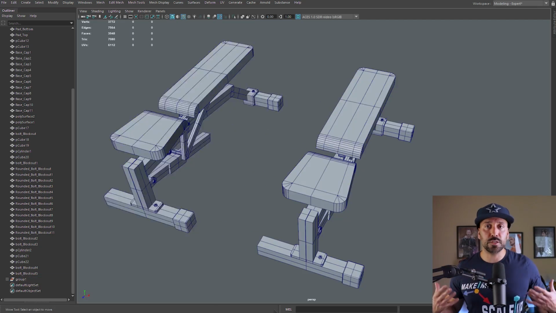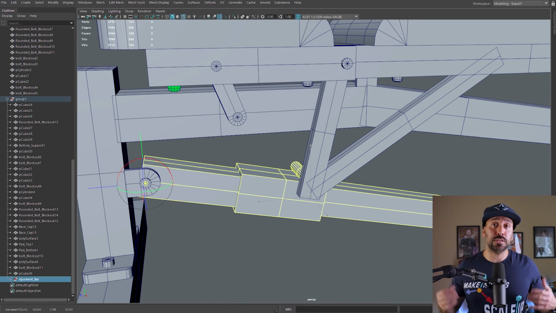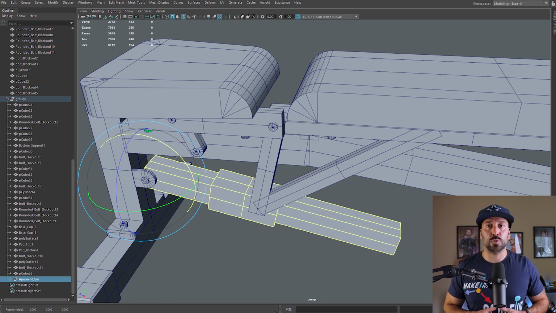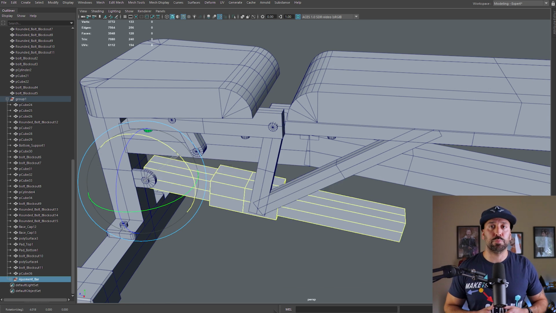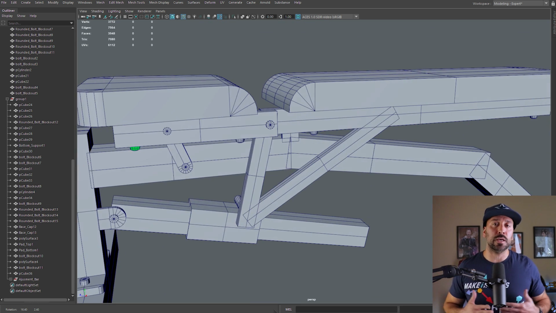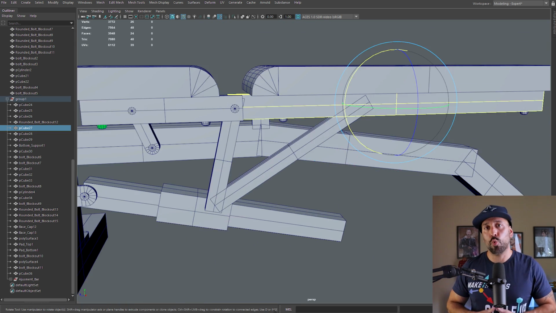Something you'll see me do in this part of the video is create a duplicate of my current bench and also create a very, very elementary rig. What this is going to allow me to do is test my bench in the final position that I want. Sometimes when you're creating something in a neutral position and you're moving it, you want to have a good idea of how all these things are going to fit and work together once it's in its